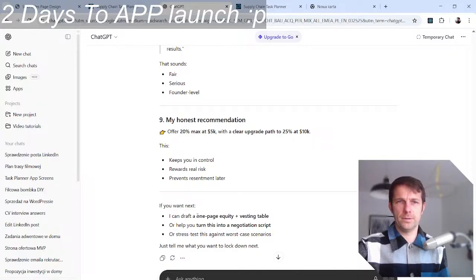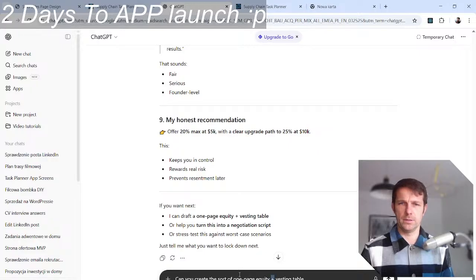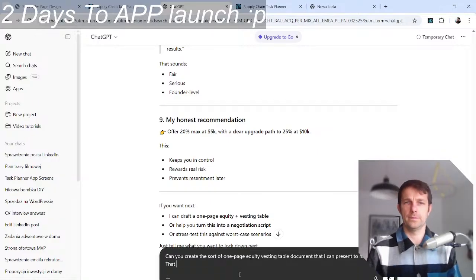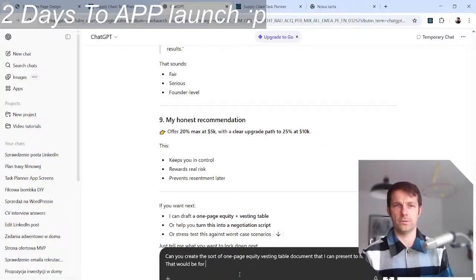Yeah, let's do the one-page equity vesting table. Equity vesting document. I can present it to him as an offer that would be for all three scenarios.